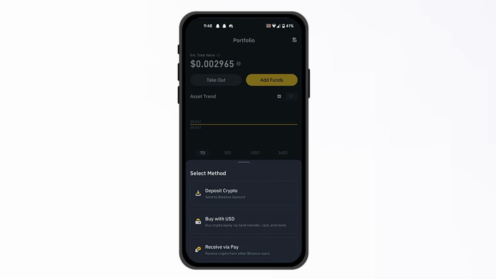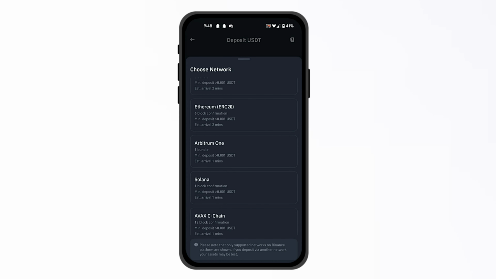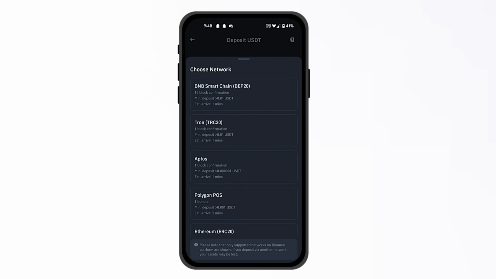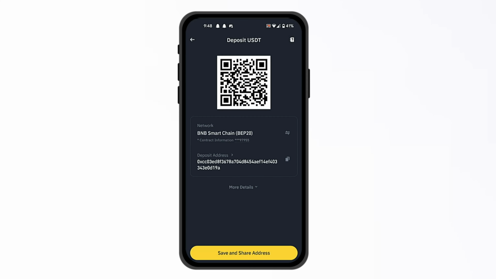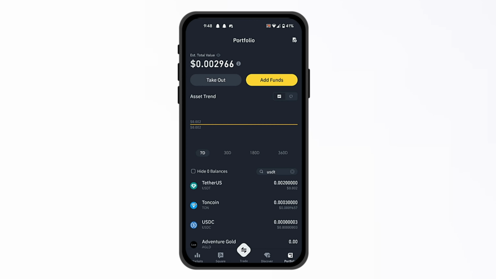And then it's going to say deposit crypto, so you're going to click on it, and then from here you're going to select USDT, and as you can see, you will select whichever network you like or the other person's account uses, and then from here click on BNB Smart Chain, and as you can see, this is your address right here. We're going to copy it, then go back, do the same steps where you go to Tether,